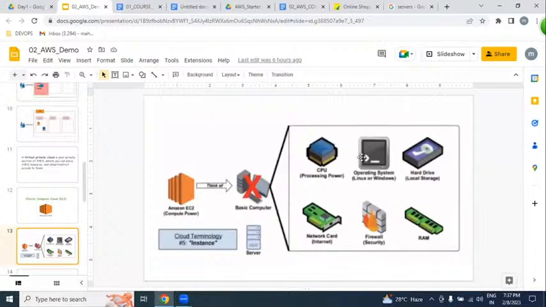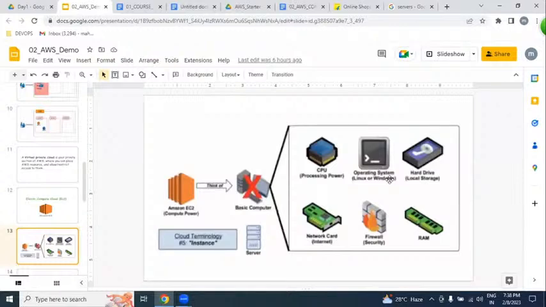But your laptop is just for your home purpose. A server is for deploying and placing our applications, please.